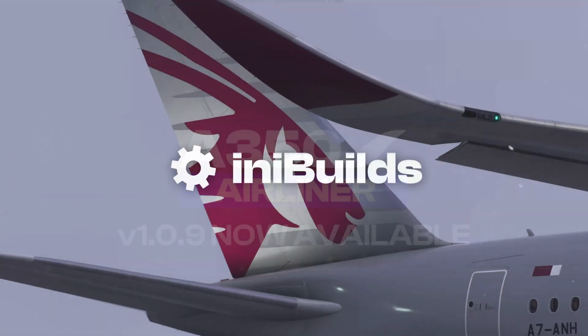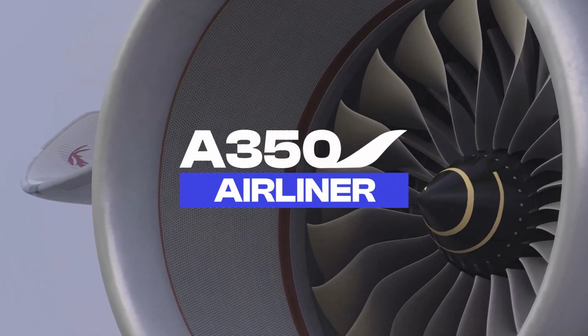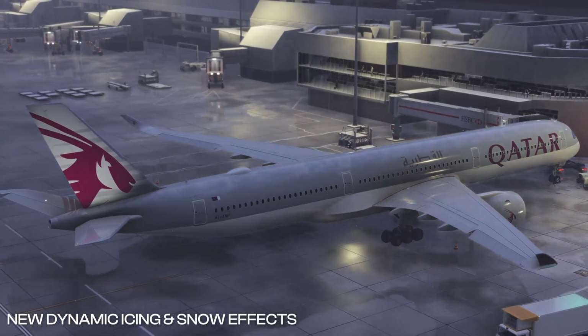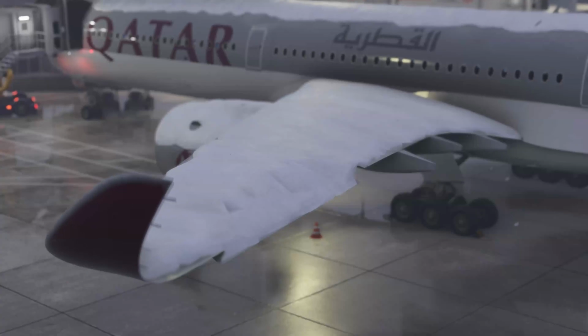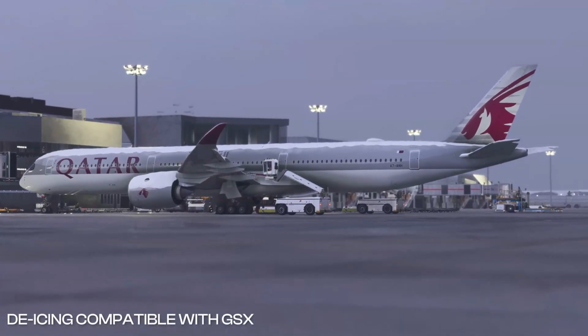There are new icing effects that are now going to be forming on the wings, fuselage and horizontal stabilizers, all based on precipitation rate and type. It could also be adjusted manually as well, and GSX can also be used to eliminate this as a part of the de-icing procedure. Now, in Microsoft Flight Simulator 2024 exclusively, there is also a snow layer that also forms